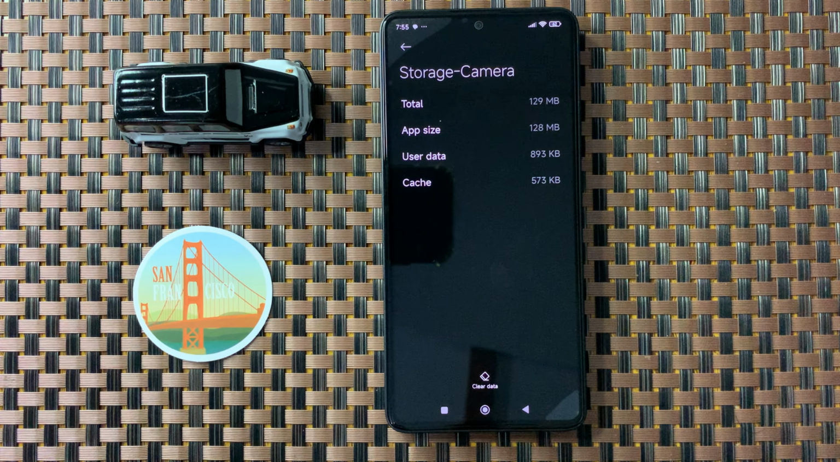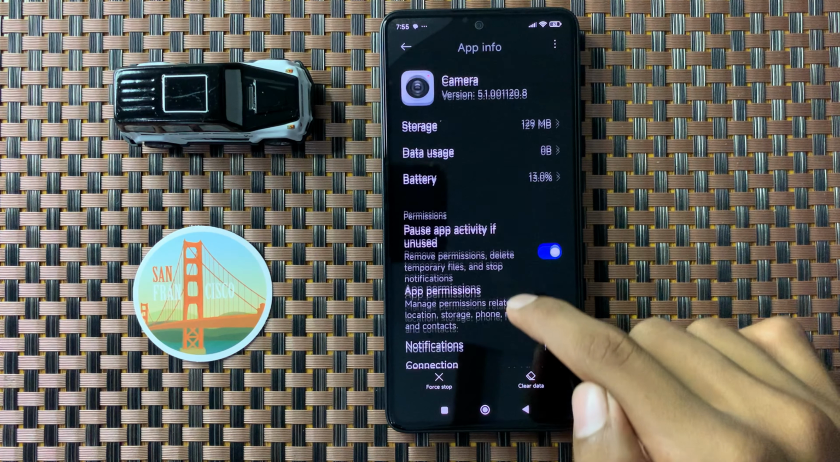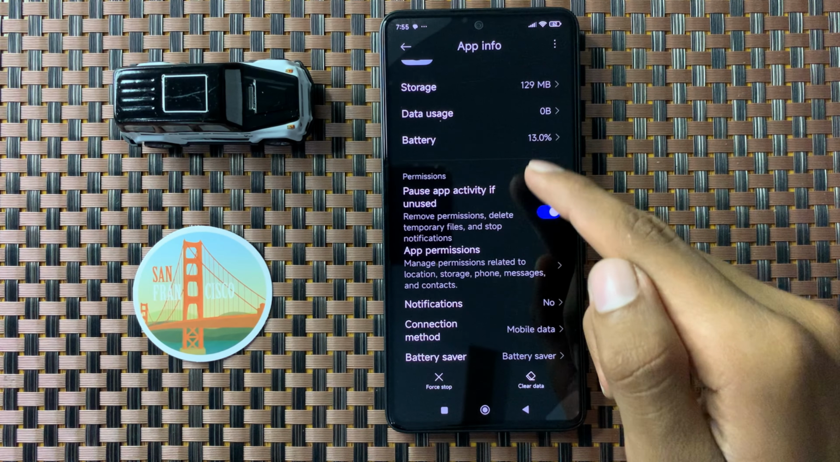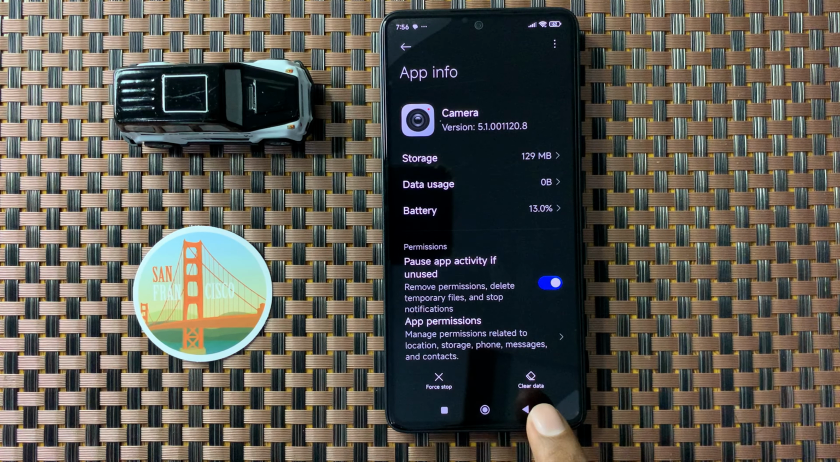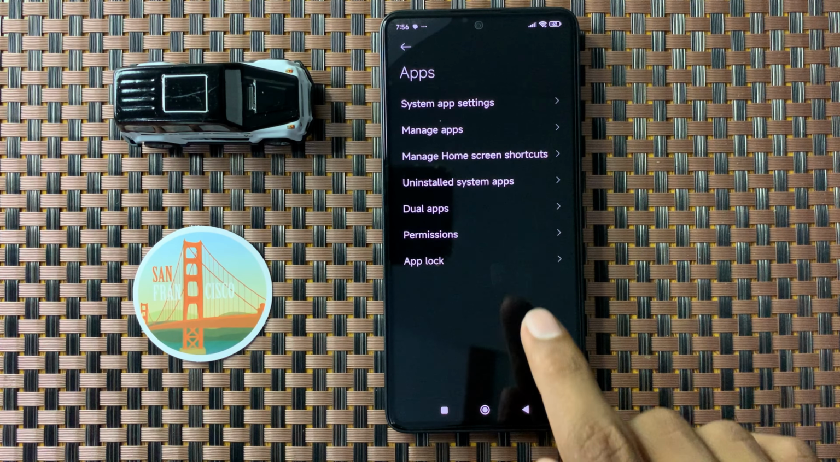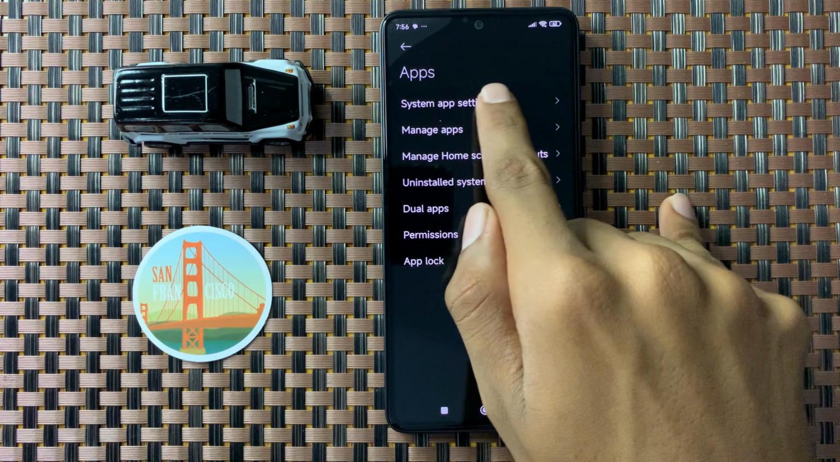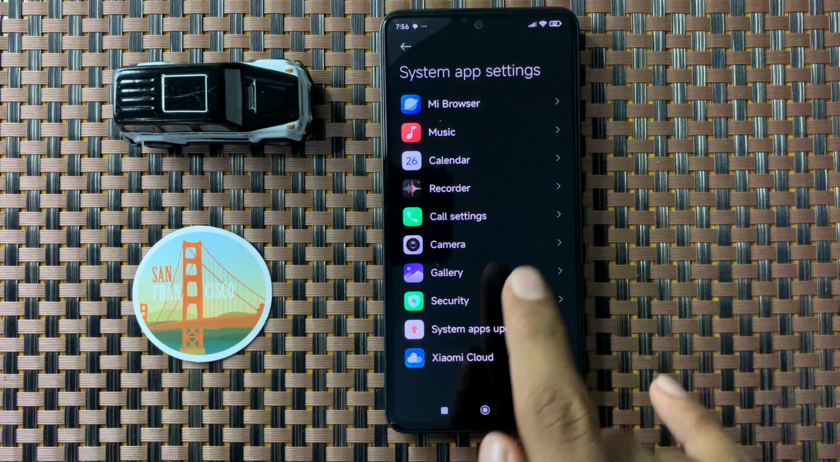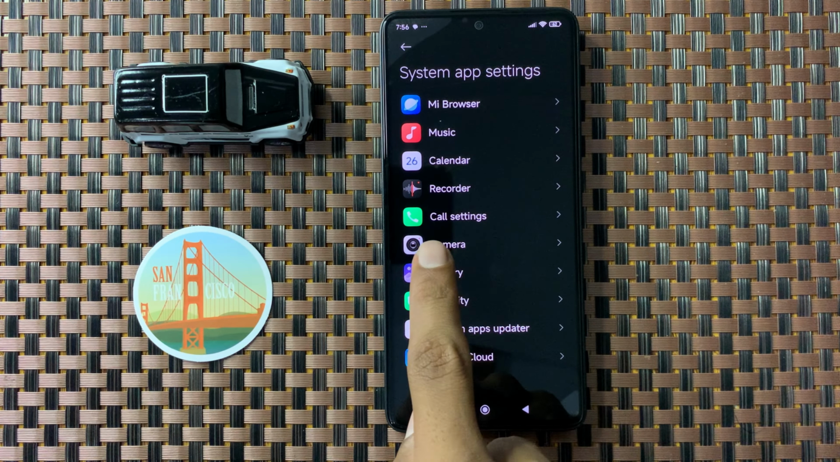After clearing your data, go back and then scroll down, and here you see all these settings. After that, go back and open system app settings. In system app settings you can see the option camera. Now click on it